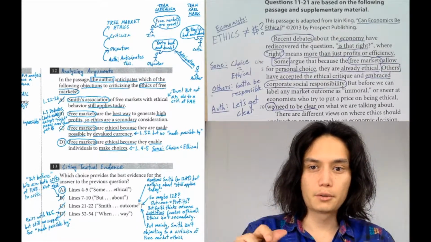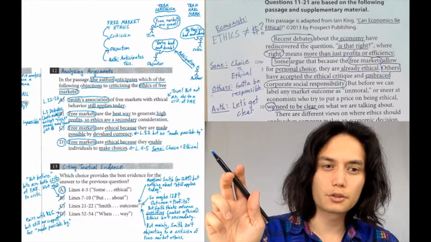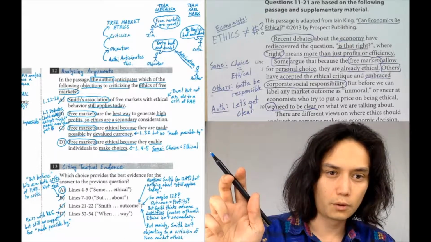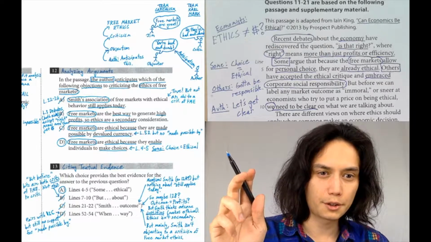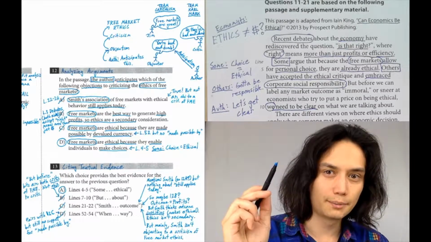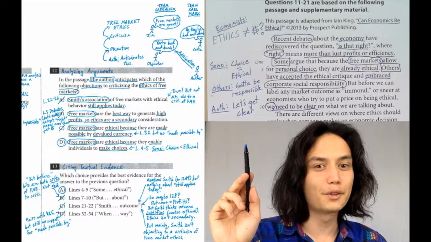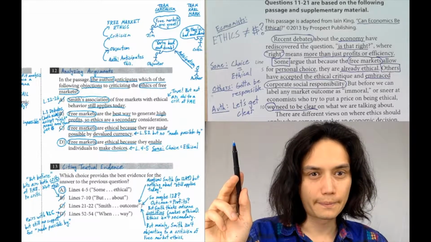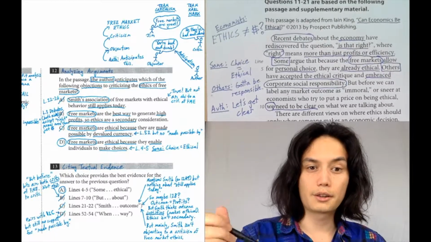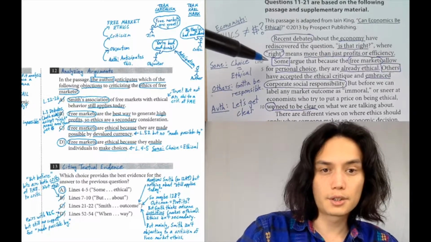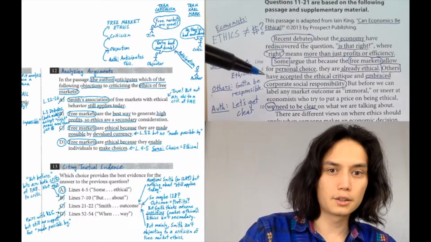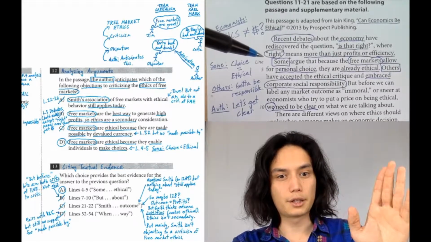More than that, though, this claim plays the right argumentative role. It is an objection that the author anticipates to a criticism of a defense of the free market. That is to say, the author anticipates this objection. The author comes in pretty early on in the passage and says, some people might think this.